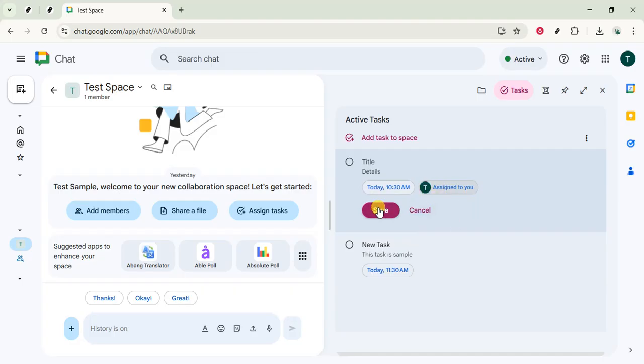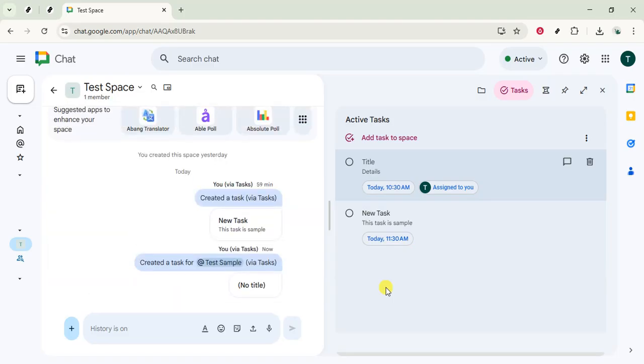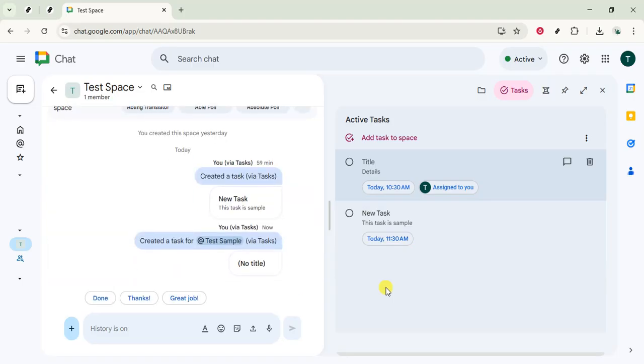The task appears in the space so the whole team can see what's planned, who's responsible, and when it's due. That's the core workflow. Open your team space, make sure the right people are added, use Assign Tasks, add a task to the space, write a precise title, include helpful details, set a date and time, assign the owner, and